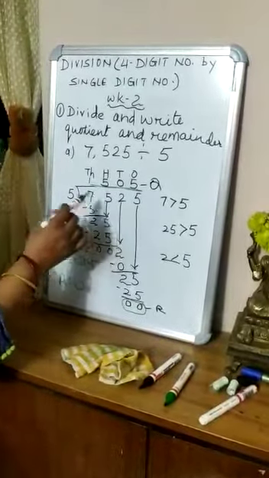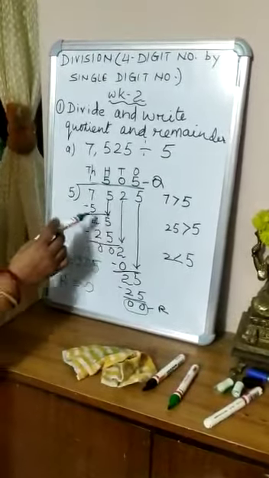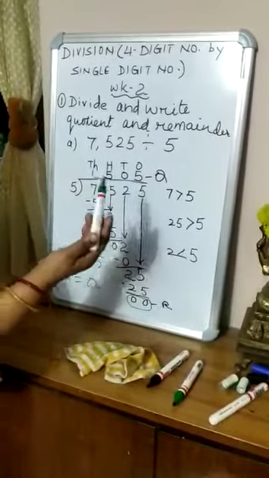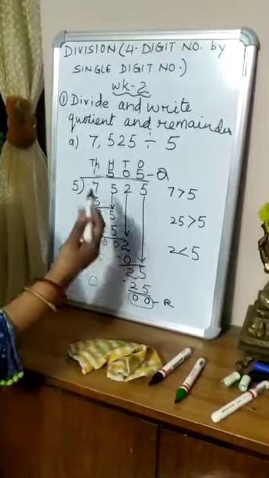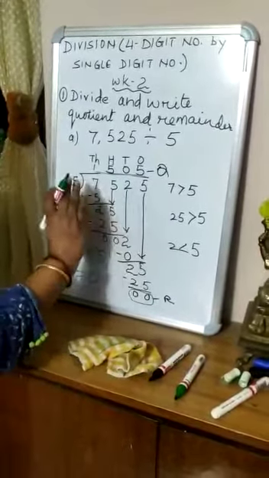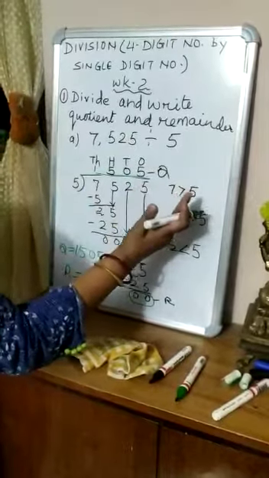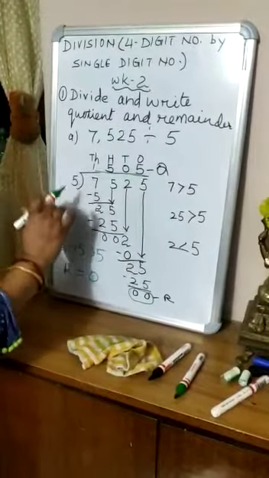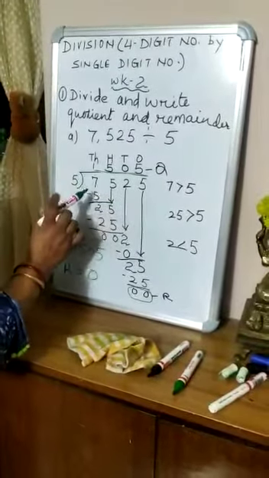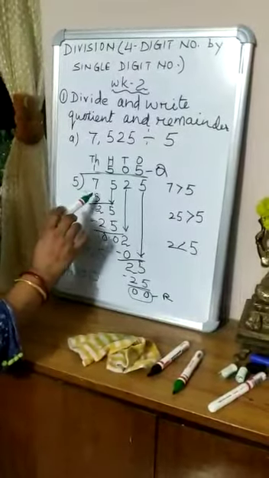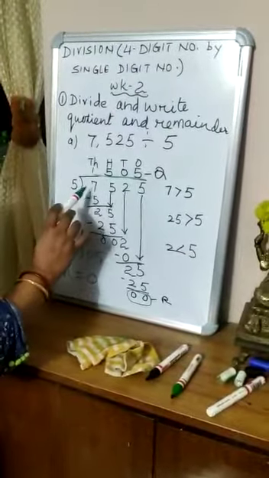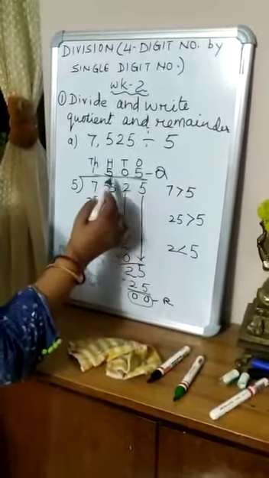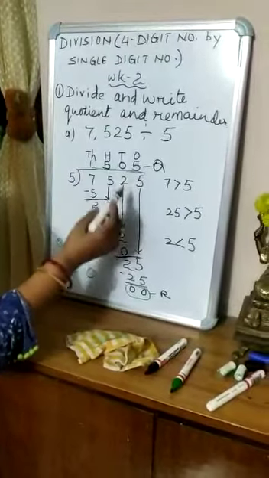Okay. So here always you have to follow the rules of the division. Rules of the division is totally opposite to the rules of the addition, subtraction and multiplication. In addition, subtraction and multiplication, children, we start the operation from the right side, the smallest place value digit to the greatest place value digit of the number. But in case of the division operation, we start from the extreme left side of the dividend, and that is the greatest place value digit, and from left to right. So here all of you see that remainder is 0 and the quotient is 1505.